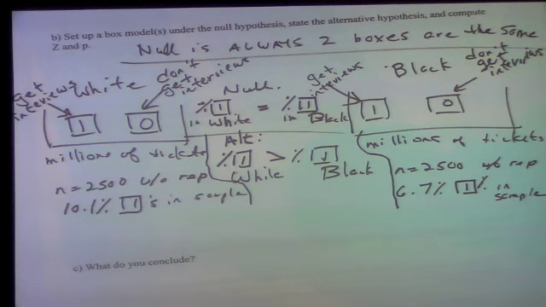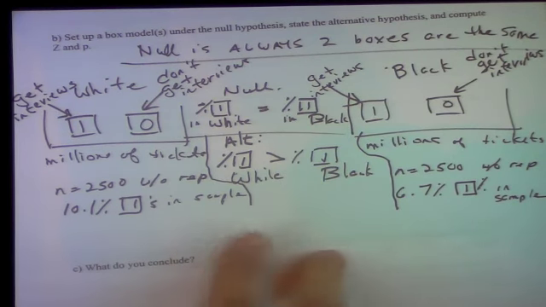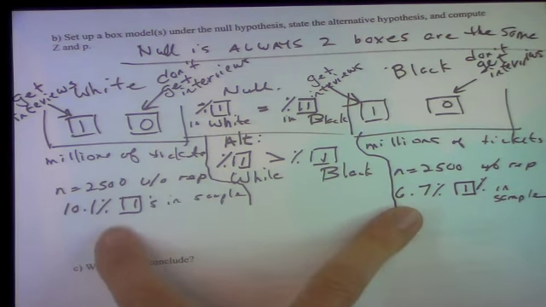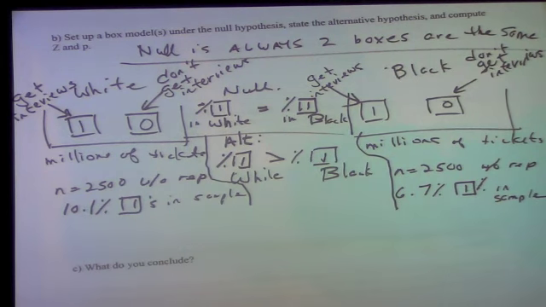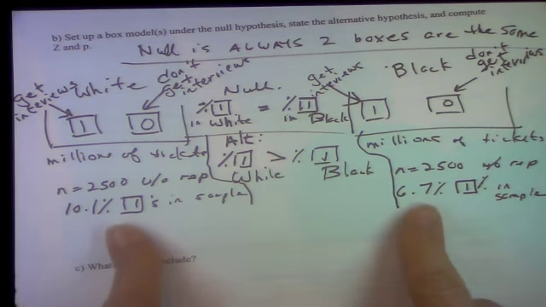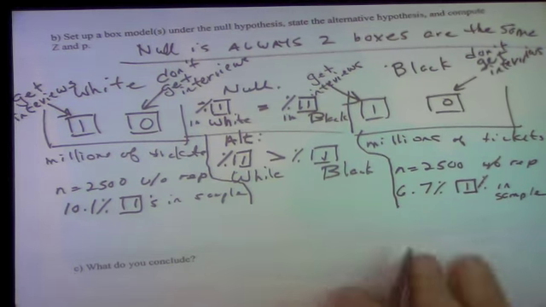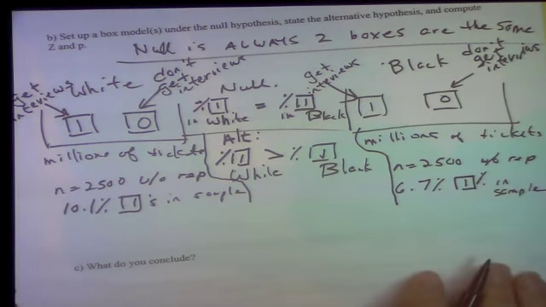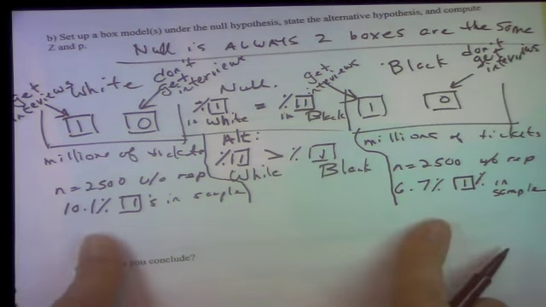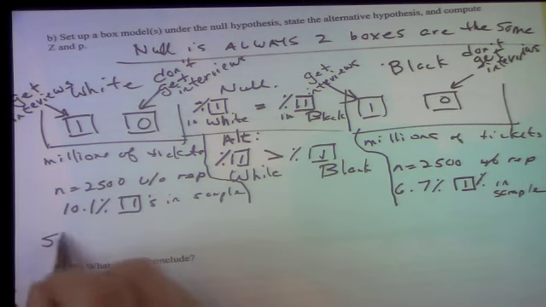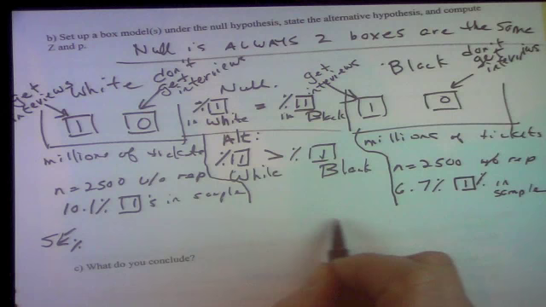Now we're ready to do a z-test. The question is this difference, what is this difference? Where are the differences? This difference of 3.4, is that big or small? Well, it looks pretty big. It's about 50% more. But we have to think about it in terms of standard errors. So what do we conclude? Let's go down to here. Leave space, because we have to get some standard errors for percent here, and we've got to get a standard error for percent.